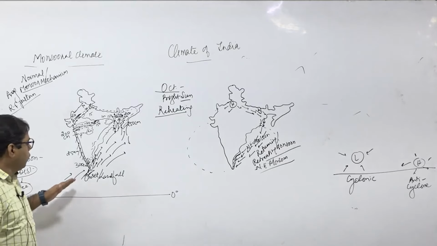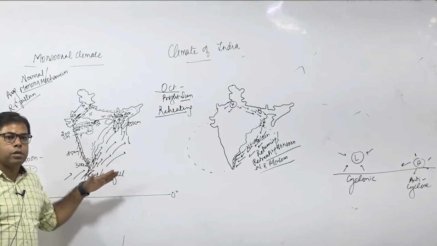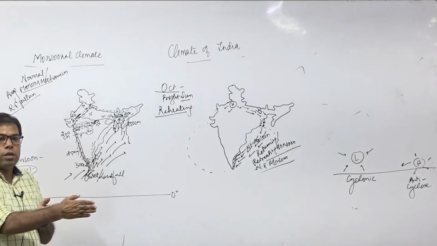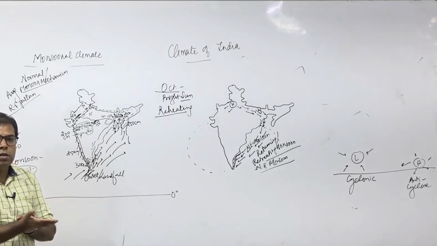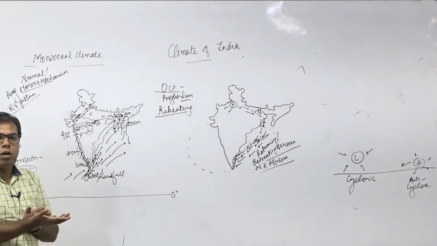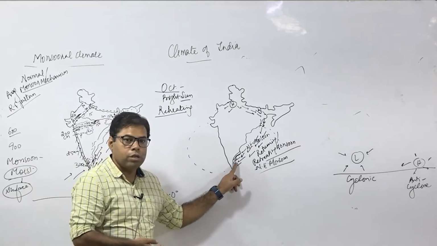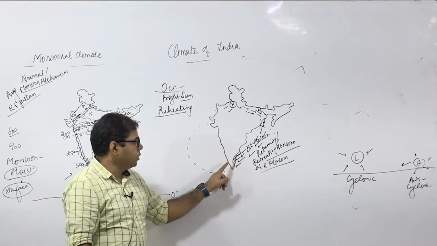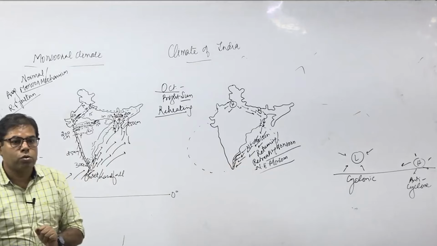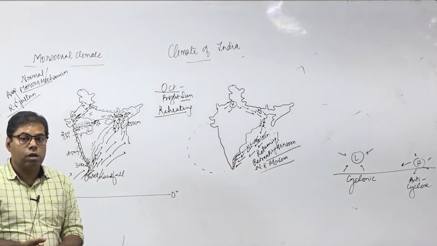What I have said, the winds enter from the Shencottah gap and the Palghat gap, or not? Where are they precipitating? Madurai, Nilgiri hills. Madurai is a part of Tamil Nadu. Coimbatore, Palani hills, where they are cultivating crops. What amount of rainfall here? This is only 80 to 100 centimeters. But the central and western part of Tamil Nadu receives rainfall of about 250 centimeters. They are cultivating tea and rubber.